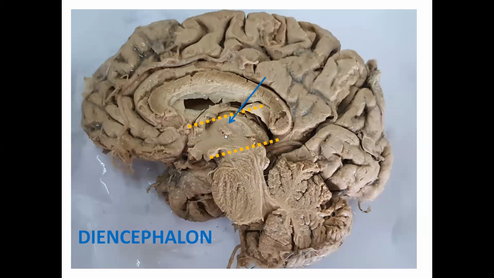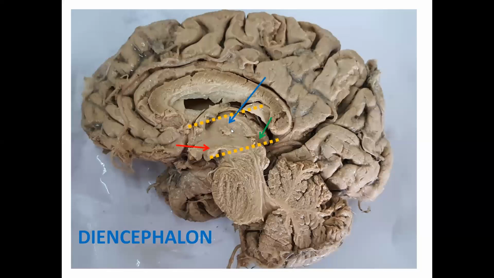This projection that I told you, that is interthalamic adhesion. Okay. So it passes through the cavity of the third ventricle, connecting both the thalami. The red arrow is pointing in the region of hypothalamus, where you see these mammillary bodies. The thalamus is separated from the hypothalamus by a sulcus here. The posterior part of the thalamus bears the medial geniculate body and lateral geniculate body, which are part of metathalamus.